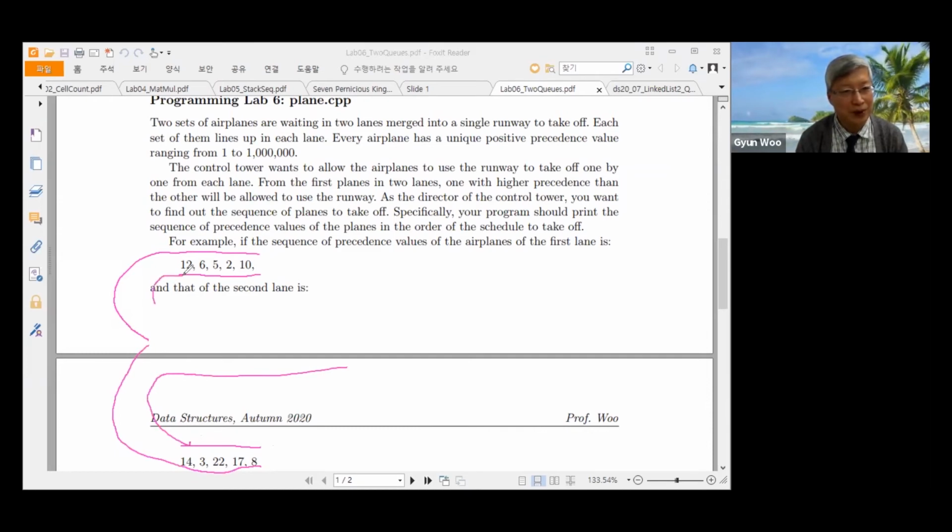In the airport, the airplane should take off from here. Sorry for the bad figure. They want to take off from this runway, but every airplane has a unique positive precedence value ranging from 1 to a million. So the control tower, here's the control tower,